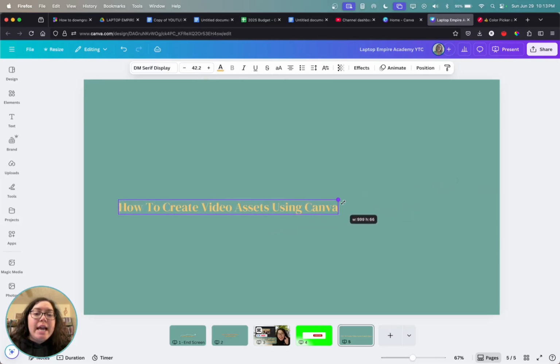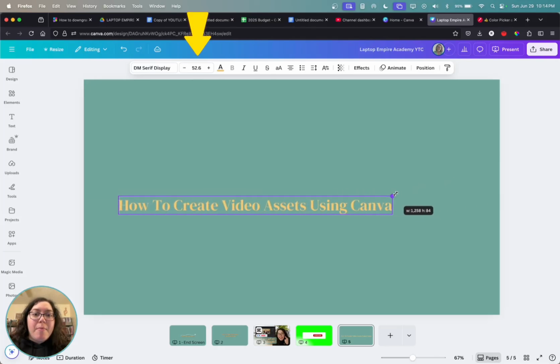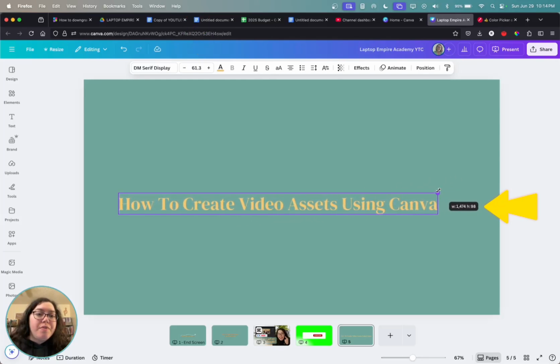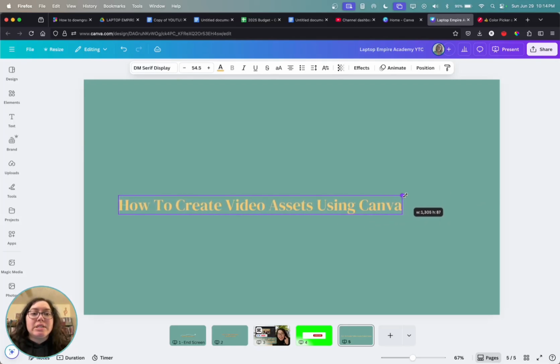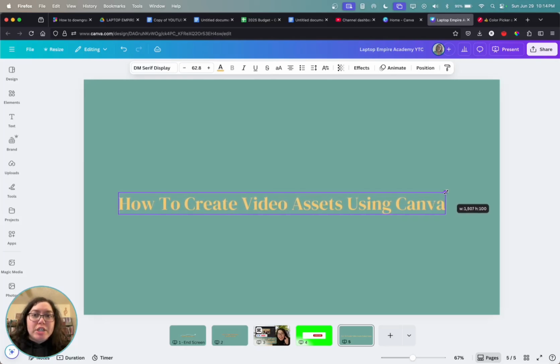And as you can see, every single time I make it smaller or I make it bigger, the number on the font size up on the toolbar actually shrinks or goes up. So it goes down or it goes up. And there's also this little black box to the side that has a W with numbers and then an H with numbers. That's telling us the pixel range, width and height of this text box. Those are details that you don't really need to know right now, but it's just helpful to be familiar with what they are. So for the sake of this recreation, I want this to be